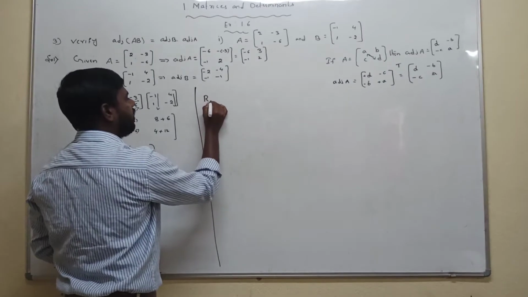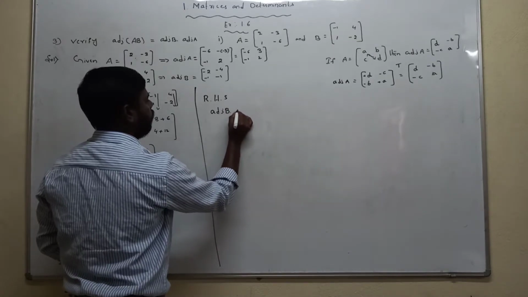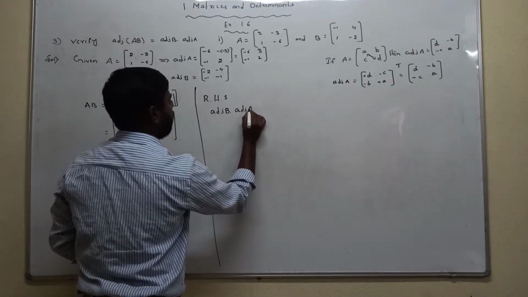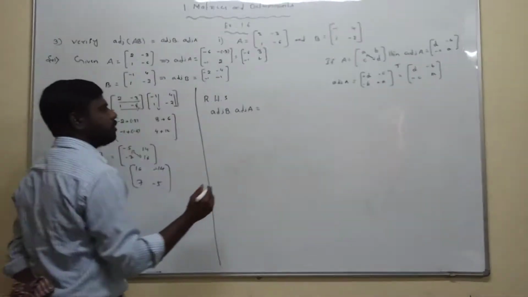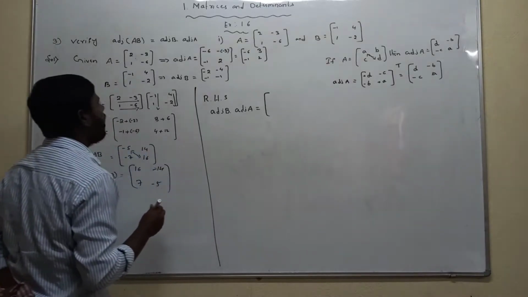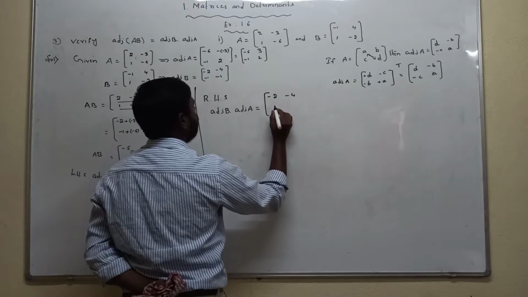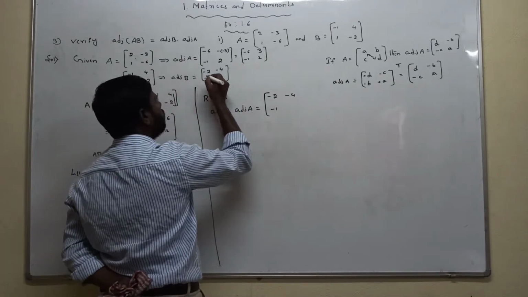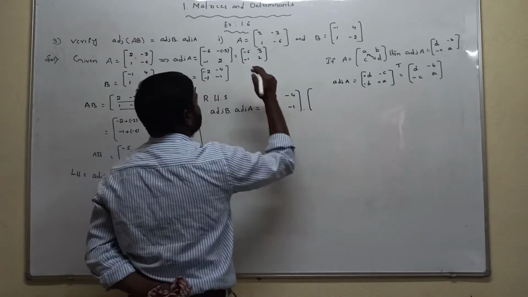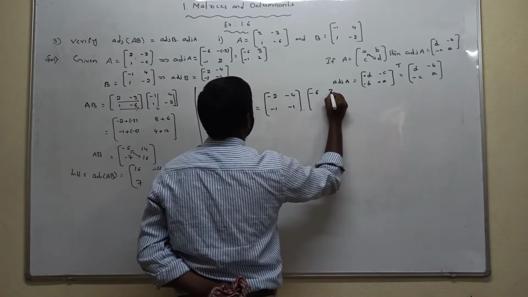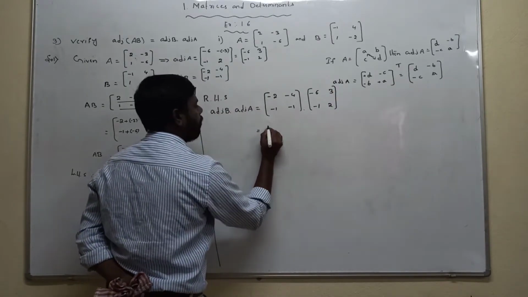What is the RHS given? Adjoint of B into adjoint of A. Substituting, the adjoint of B matrix is minus 2, minus 4, minus 1, minus 1, into the adjoint of A matrix, which is minus 6, 3, minus 1, 2. Now product with